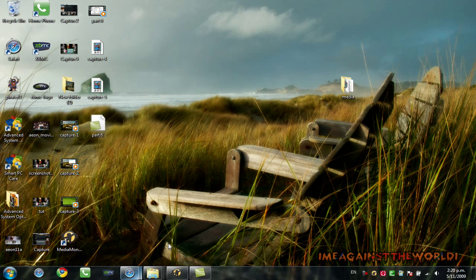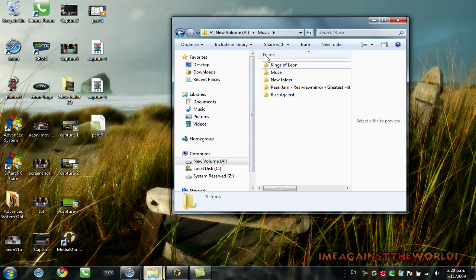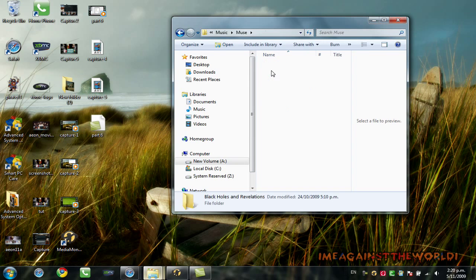So next we want to download a software called Media Monkey, and I'll put a link in the show notes for the download for that. Media Monkey is going to help us organize our tags, and our tags are these things here. When you have a song,